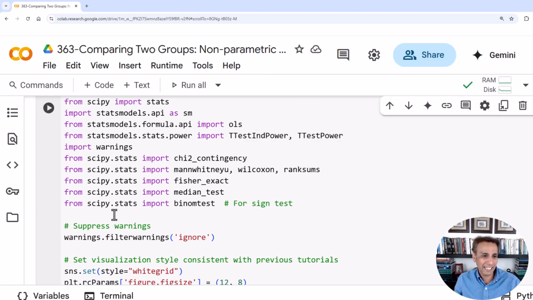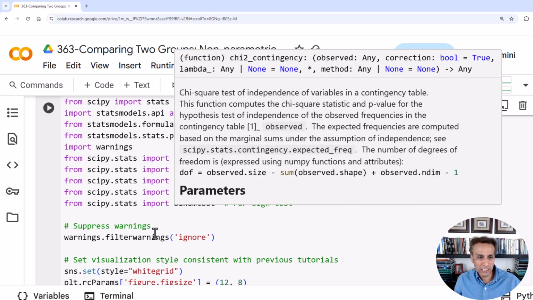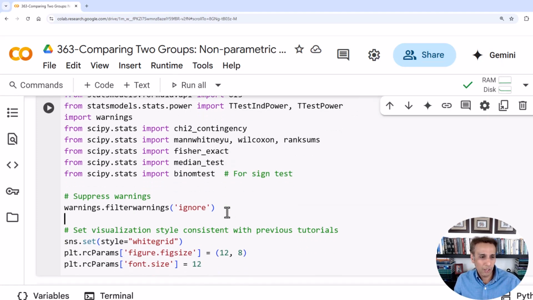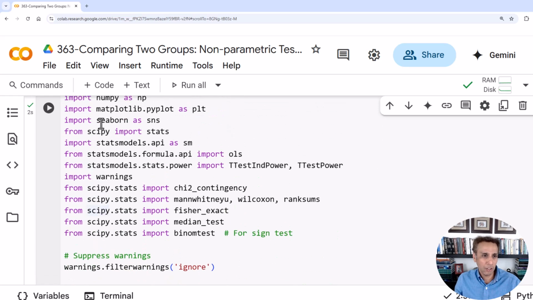I imported that. And of course, the key, scipy.stats, I'm going to get chi-square contingency, so you can actually, I'm not even sure if I'm using the contingency table in this tutorial, and Mann-Whitney, Wilcoxon rank sums, and Fisher exact, median test, binomial test, when we do the sign test. So all of these, and let's go ahead and run that cell. In Google Colab, SciPy comes pre-installed, pandas and others,